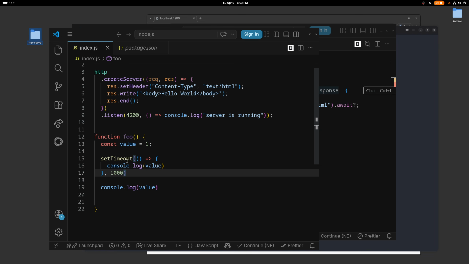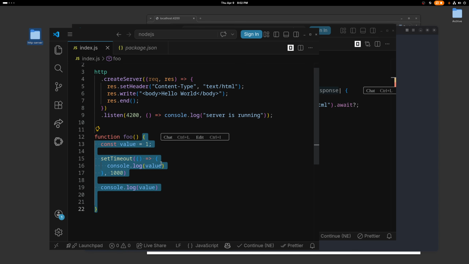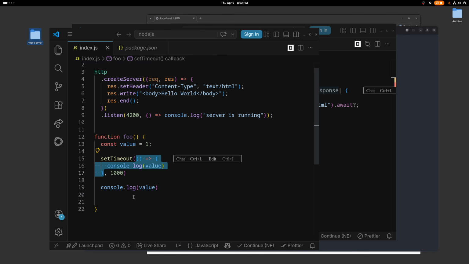What's actually happening in Rust is when a value needs to be passed into another scope, the value's ownership must move. And the way you can define ownership is basically the function body or scope that the value is defined in is its owner. In this case, value is owned by the function body of foo. It's not owned by this callback's function body. Now, if I want to move value into this callback function scope, in Rust, this is not obviously valid JavaScript, but you have a special keyword called move,